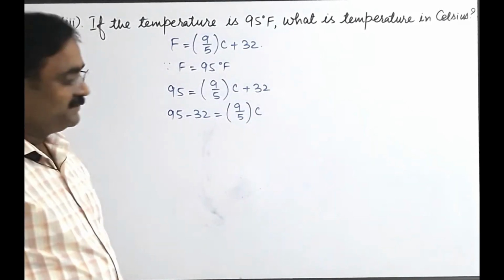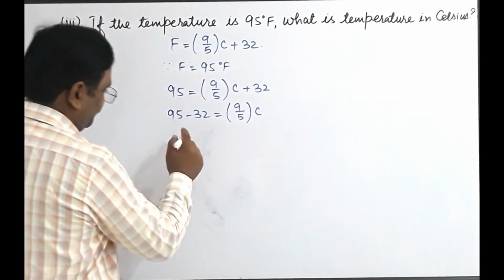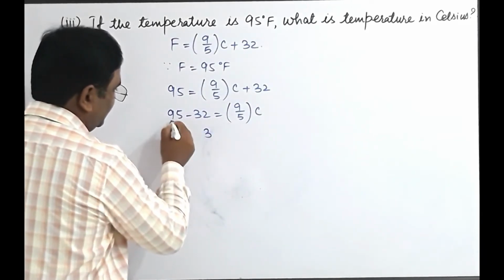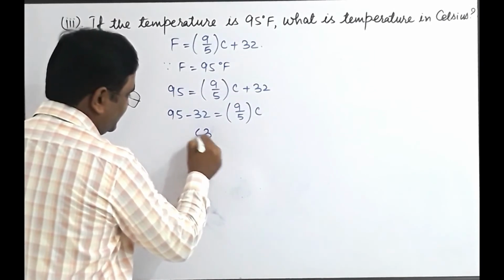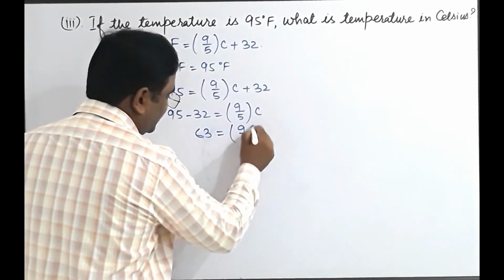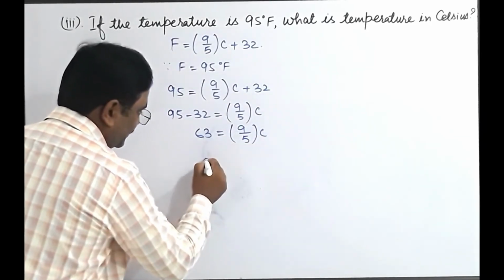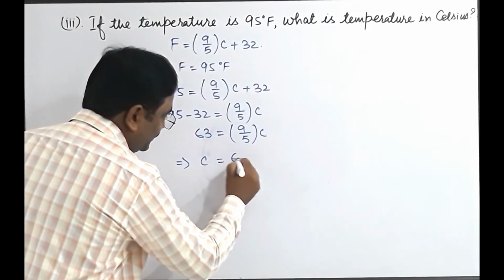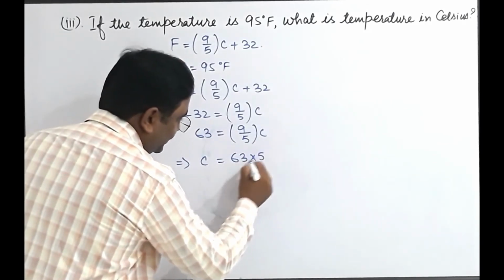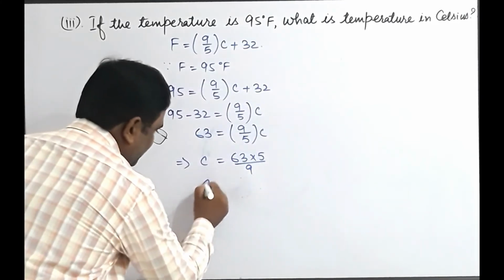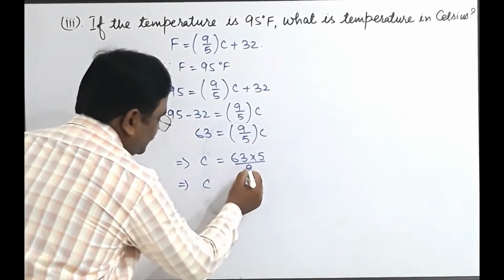Right, children? Now subtract it. So you will get 5 minus 2 is 3, 9 minus 3 is 6. 63 is equals to 9 upon 5 C. So therefore C is equals to 63 into 5 upon 9. So this temperature in Celsius, C is equals to